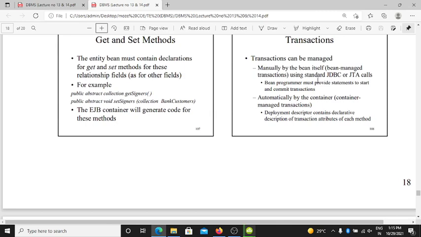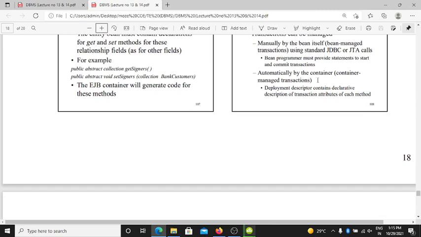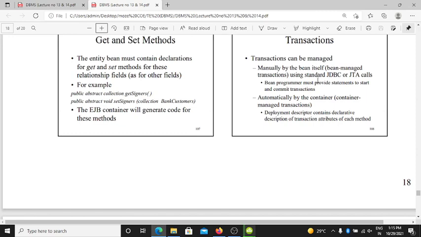The entity bean must contain declarations for the get and set methods of the relationship field, as for other fields, for example public abstract Collection getSingulars and public abstract void setSingulars(Collection customers). The EJB container will generate code for these methods.